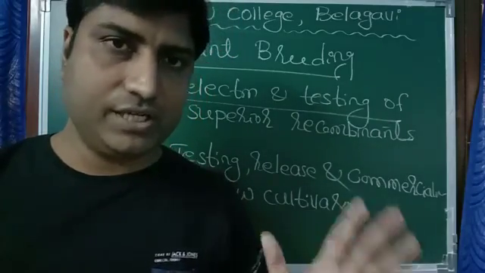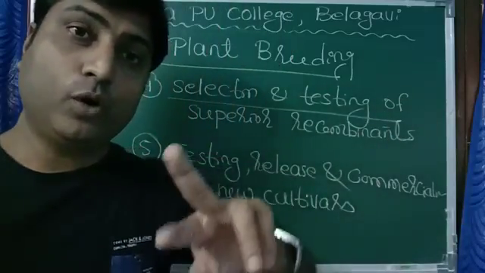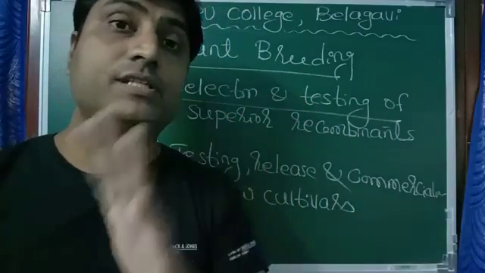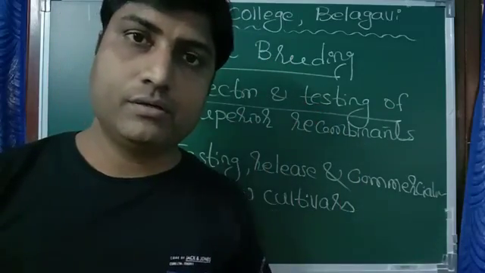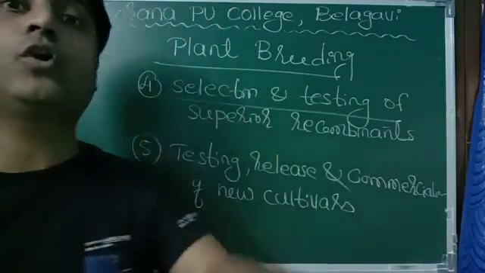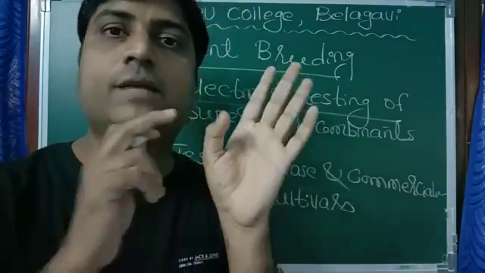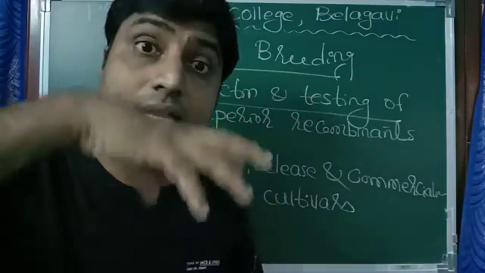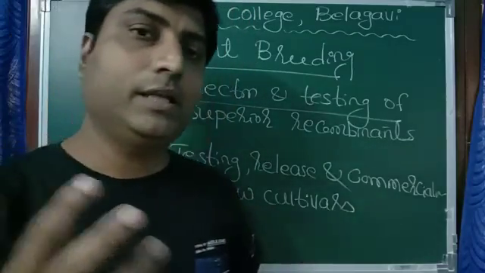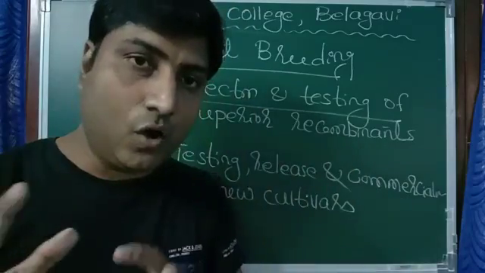Okay, we have tested it in lab condition. Now we have to test it in field condition, that too under different conditions, like in different seasons: rainy season, summer season, winter season. We should check the pattern of their growth, whether it is suitable for all seasons or restricted to a particular season. Second, in different climatic and weather conditions, whether they grow properly in coastal area or hilly area or some other area.